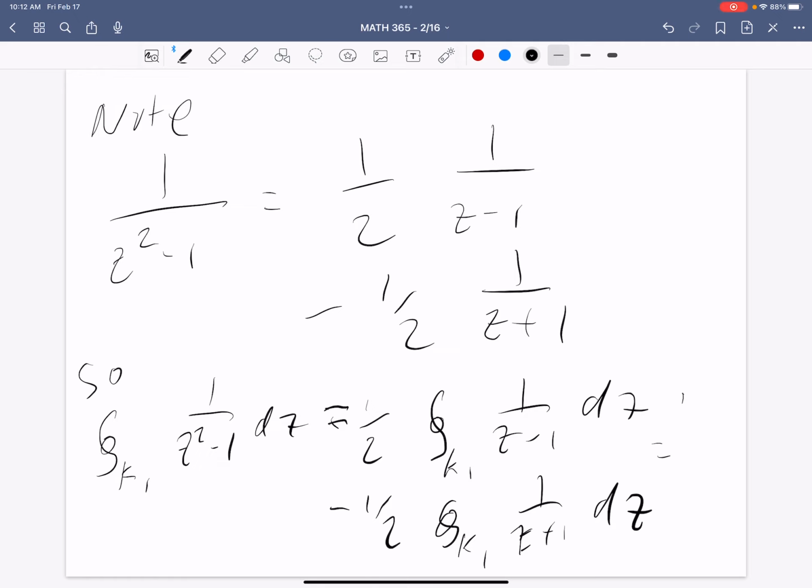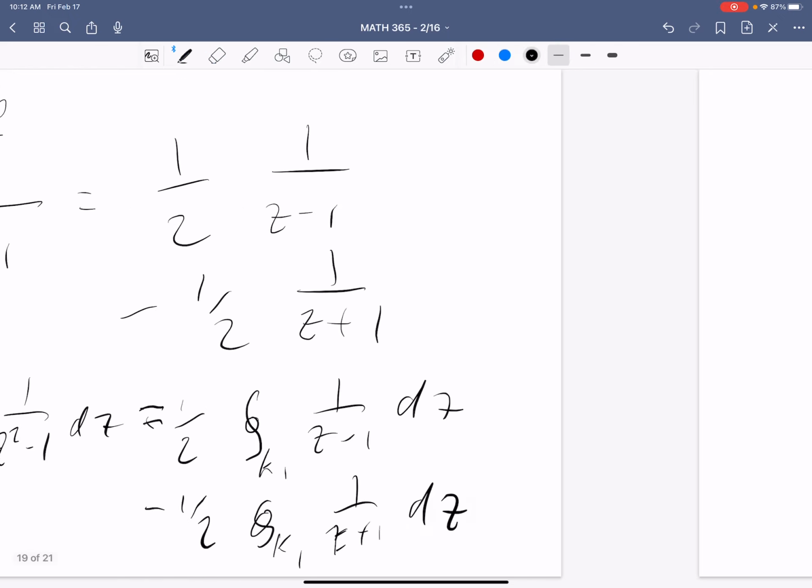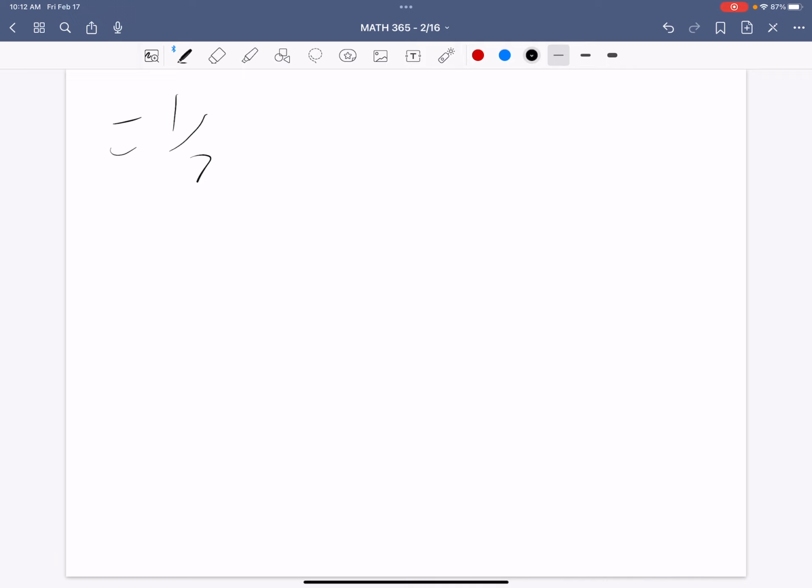Yeah, let's just go to the next page. So the top one we know has to be 2 pi i, because we did the work for that. And the other one we know has to equal 0 by Cauchy-Goursat. So I pick up a pi i. All right. And similarly,